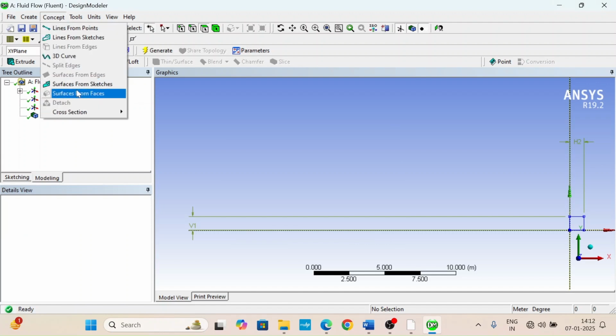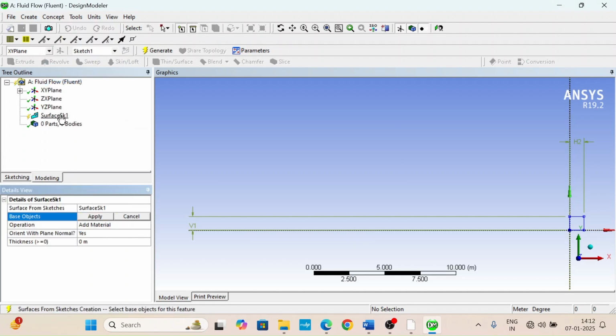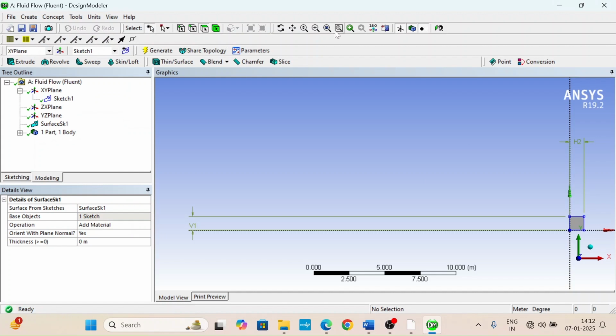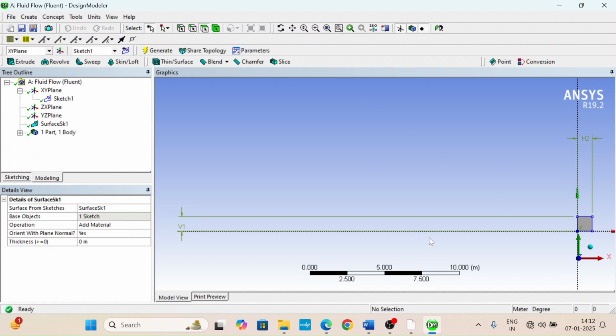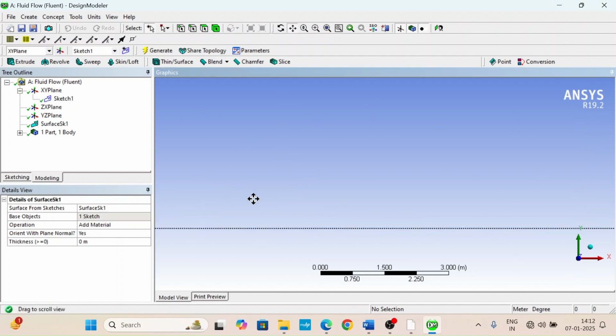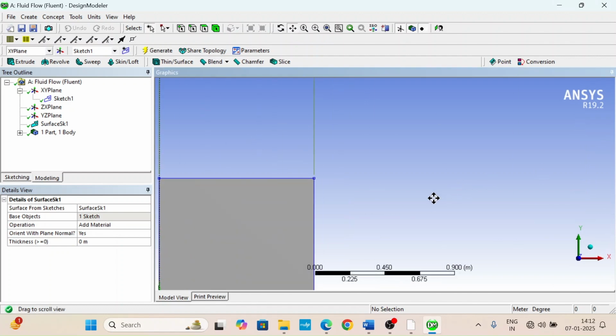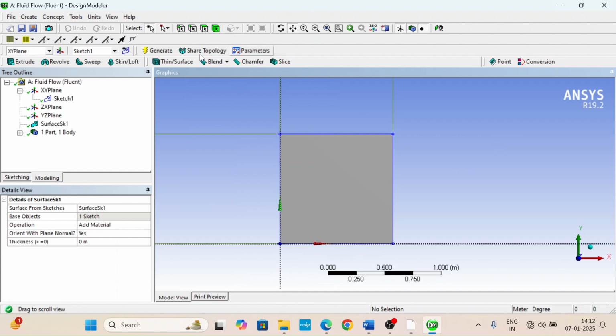Concept, surface from sketch. Take sketch, generate. Now we have our square. Okay, so now close the geometry,